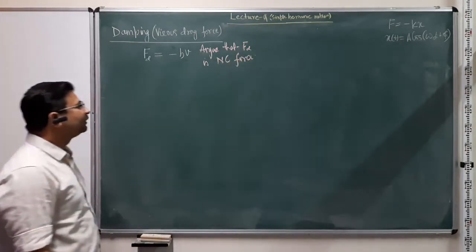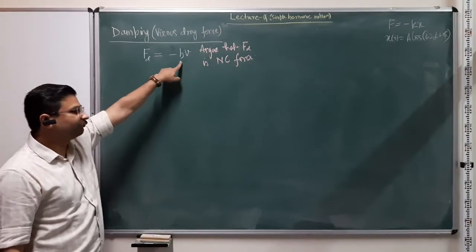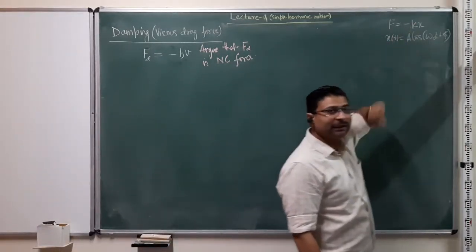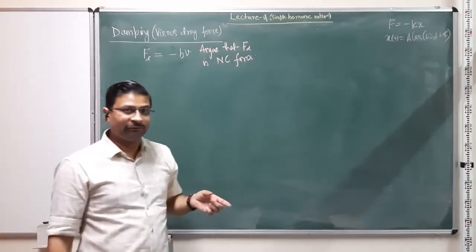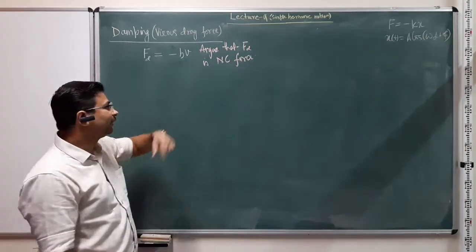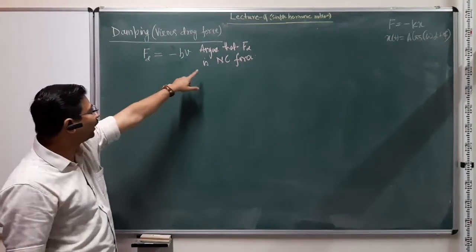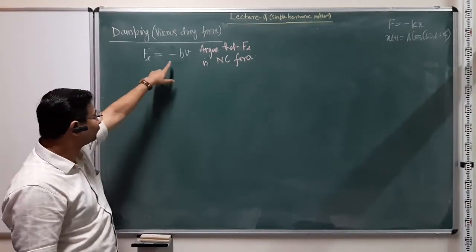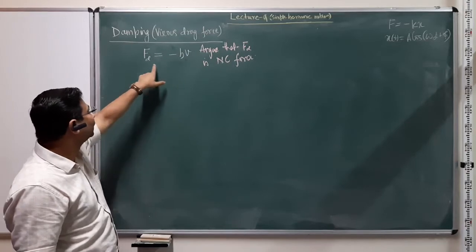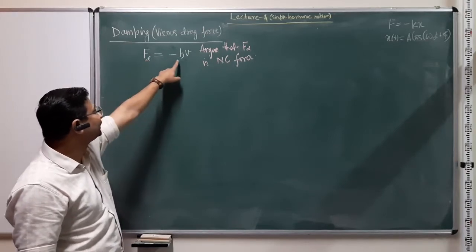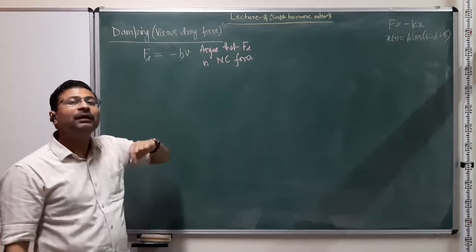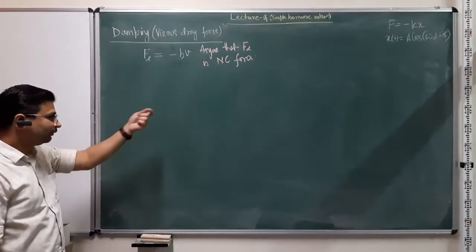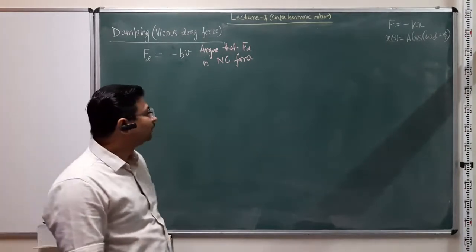Right? So try to convince yourself that yes, we know that F equal to minus kx or minus kr is a conservative force. We have proved that, right? We saw that in previous lectures. Now I want you to argue, either through physical arguments or by solving it, that F d, which is defined as minus bv, is actually a non-conservative force, and that is why it's a dissipative force. And we'll see what is the effect on the equation of motion.